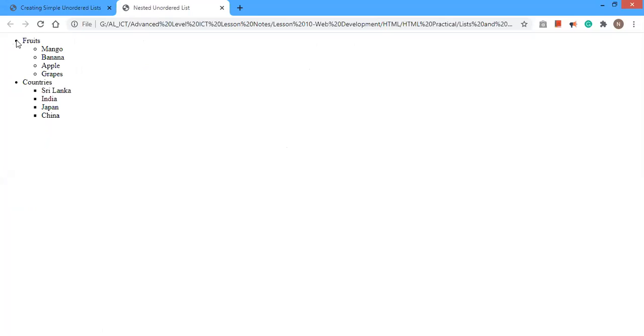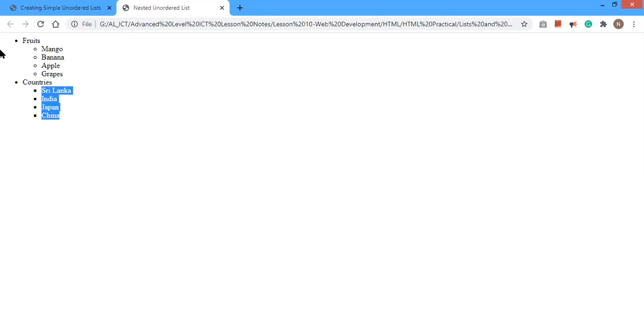Here you can see fruits and countries are the list items belonging to the outer list, and the fruits are going to be one inner unordered list, and the countries are going to be another inner unordered list.